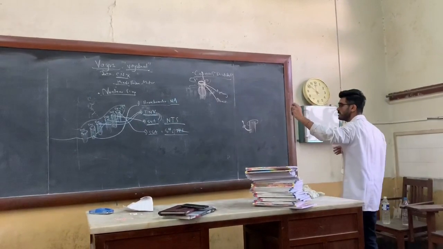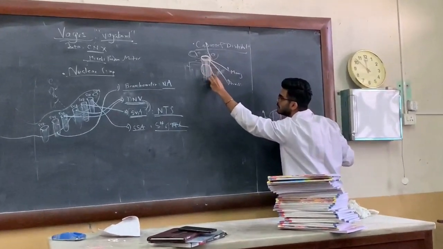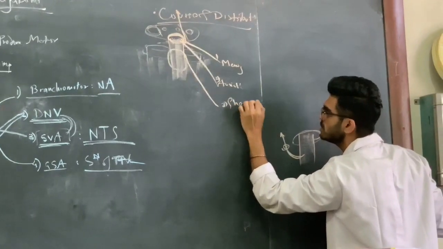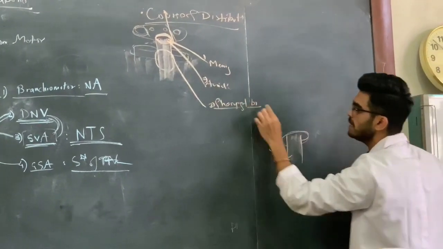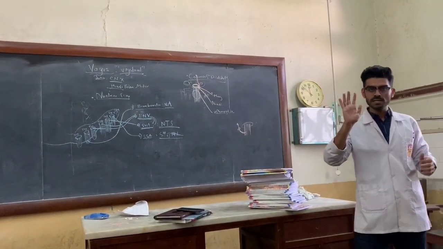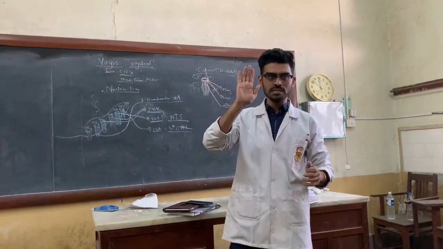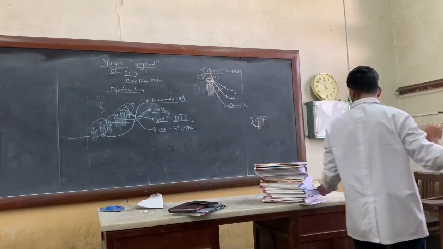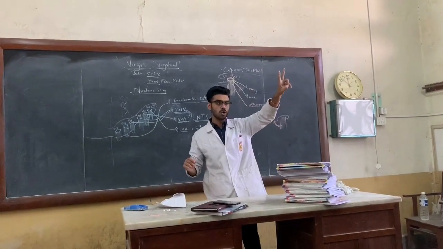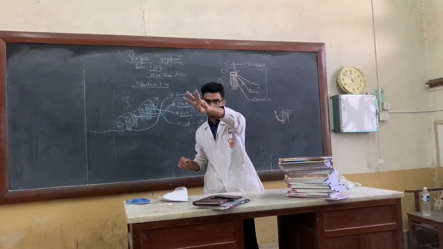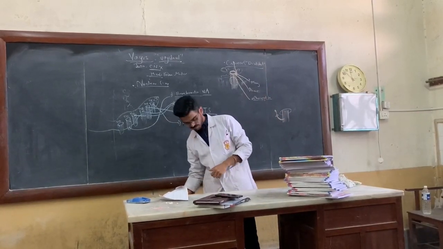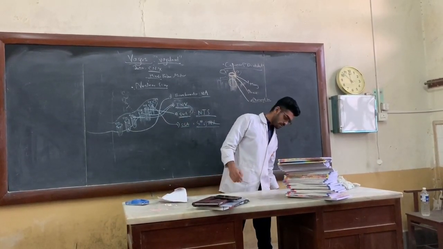Let's come to the next branch that now is coming from here. This is known as the pharyngeal branch of the vagus nerve. Do you remember the 5 structures that pass between the internal and the external carotid artery? The first structure is the styloid process, the second is styloglossus, the third is stylopharyngeus, the fourth is glossopharyngeal, the fifth is